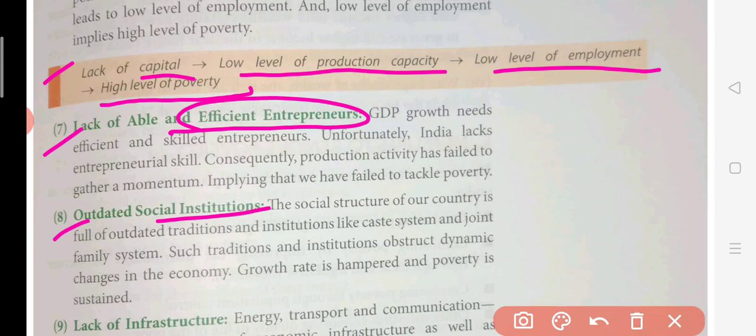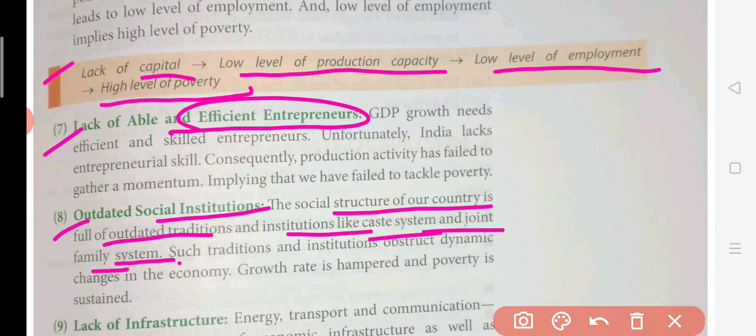Now the eighth point is outdated social institutions. Now, the social structure of the Indian economy is full of outdated traditional institutions like caste system and joint family system. So here in India we are having social institutions। आज भी इंडिया के अंदर caste system देखने को मिलता है, joint family system देखने को मिलता है। So such traditional institutions obstruct dynamic changes in the economy। इससे changes नहीं हो पाते, dynamic changes means एक ही family एक ही business पे survive करती जा रही है generation after generation। So they should look for some other kind of job, they should be productive in a country।